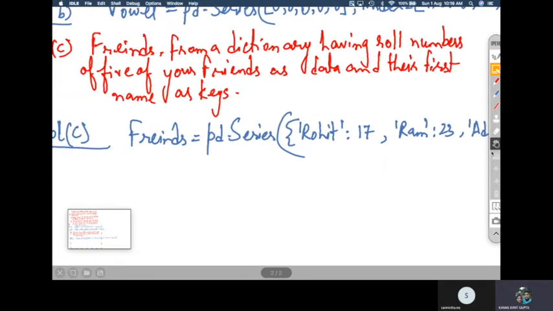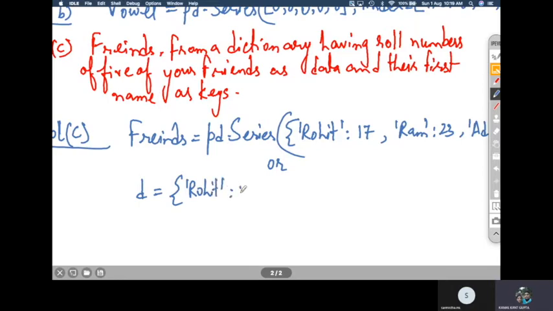Or you may do it separately. You may create a dictionary and you can pass that dictionary as the parameter to the series. You can first create your dictionary like this: Rohit colon 17 comma Ram colon 23, and so on.